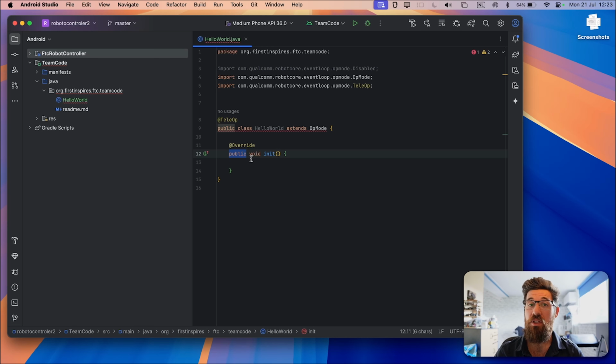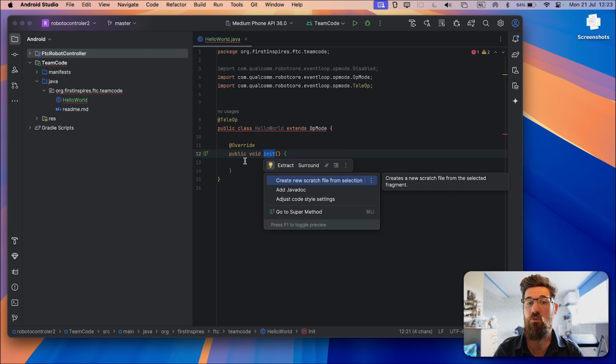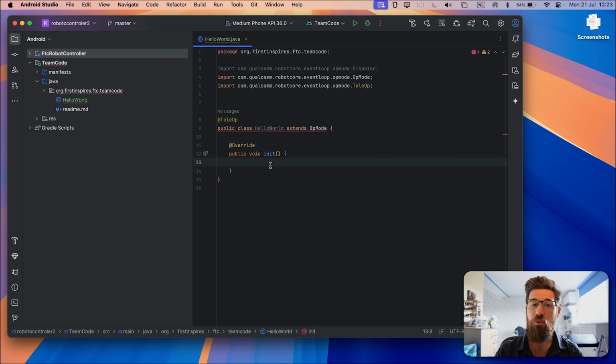So public, again, means that other classes can see this. And void means that it just doesn't return anything. We have to say public void because we're not going to do anything with this information. We'll talk more about that later. But we're going to create our initialization, or our init method. And the only thing we're going to add to this